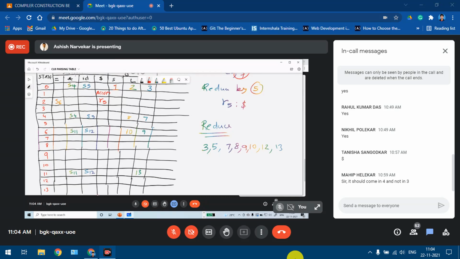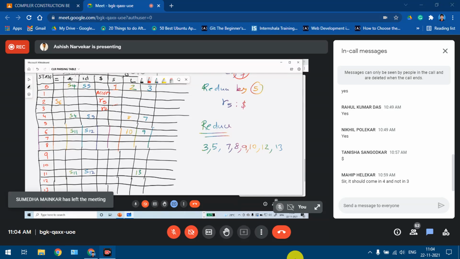In state number 3, we can see that there is a final item which is corresponding to the second production, and there is a look ahead of dollar. So what we'll do here is we'll write R2 under dollar in row number 3.